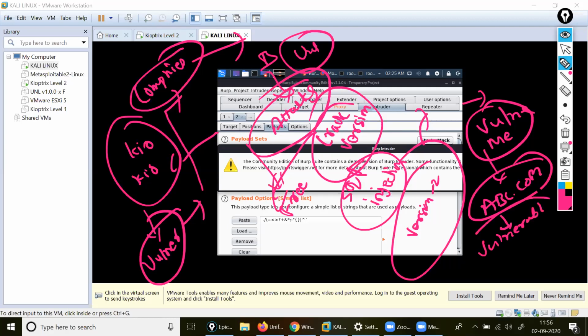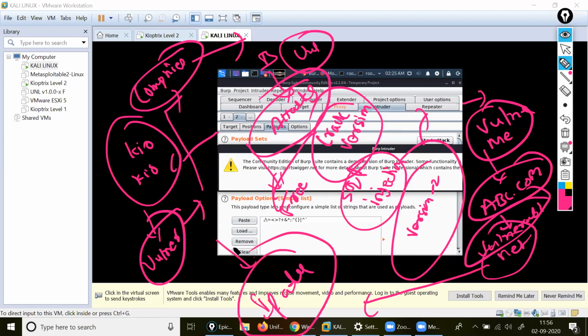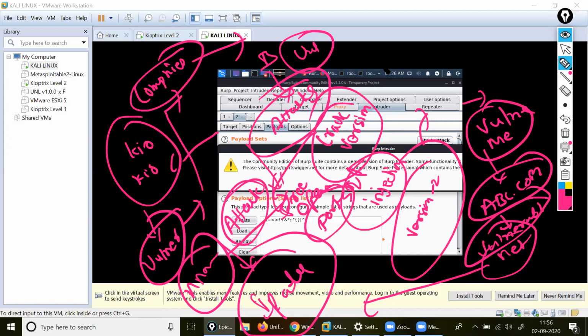So I am checking the vulnerability with the help of what? Netdiscover is used, so I'm getting the IP address. With the help of that IP address I'm creating the attack with the help of nmap scanning, checking the open ports. Understood or not? And then after that lots of techniques are there.